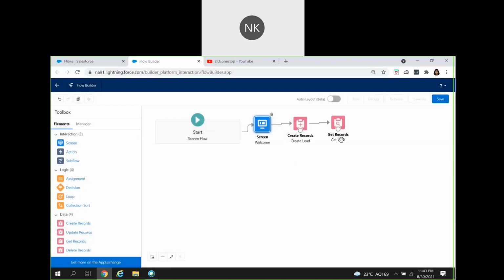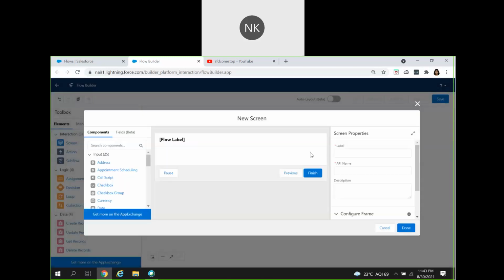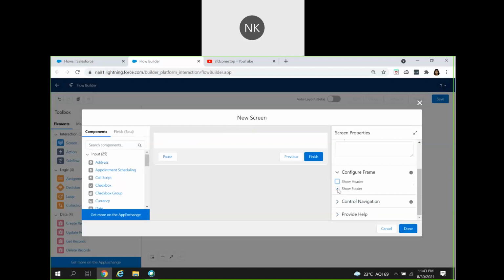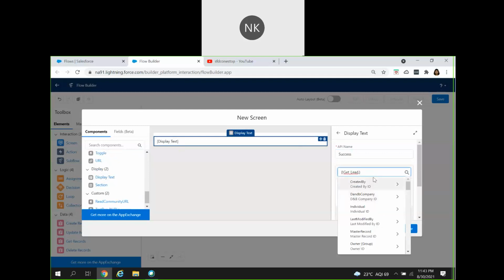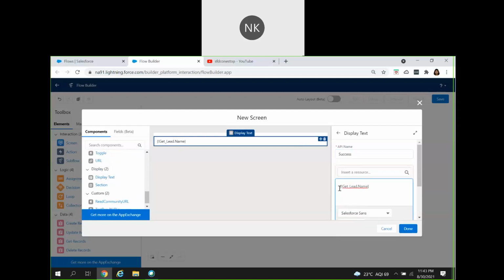Cancel it. Let's bring the screen component. I don't want any of these. What I want is, I just want the display text, success, get lead. I just want to display the name here. So what I will be doing is, congratulations, record details, or something like this, just a small message.